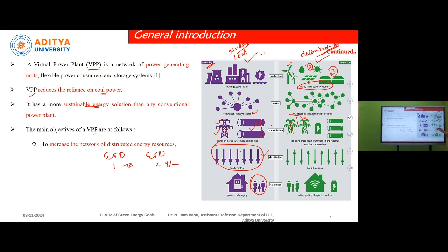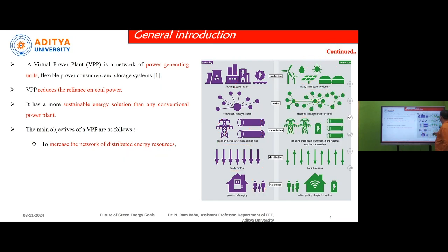If you observe this, even among the market players there will be interconnection in such a way that energy can be easily distributed among all the companies. See here, one network to another network we have interconnection, and this network to another network we have another interconnection. This kind of interconnection is not available in a centralized network. Let us erase these things. Now you can see that in a decentralized system everyone has interlinks, whereas in a centralized network there is no interlink among the consumers or market suppliers.